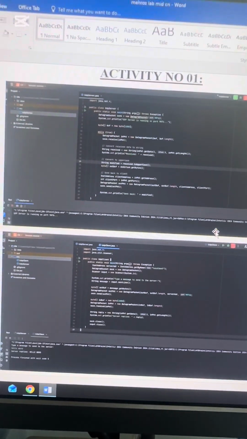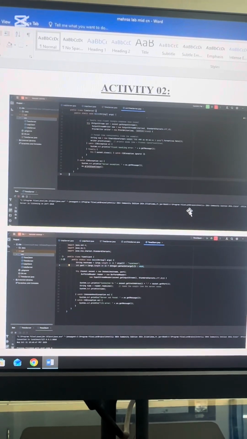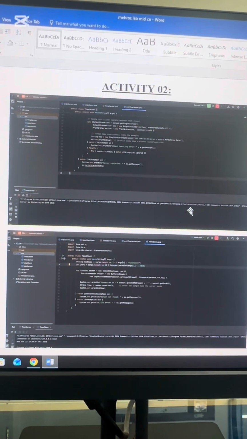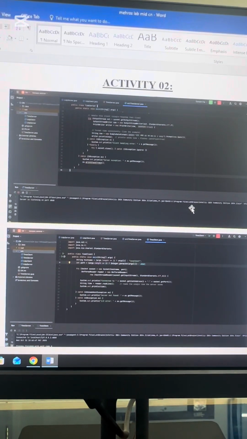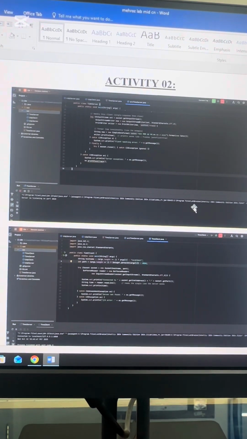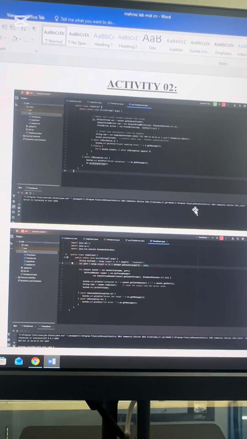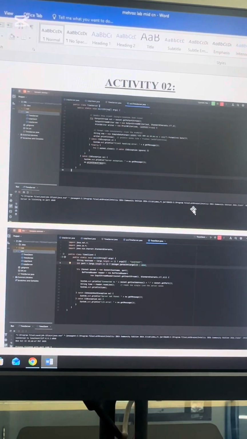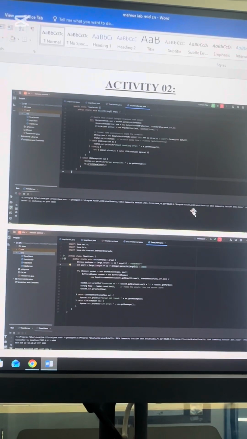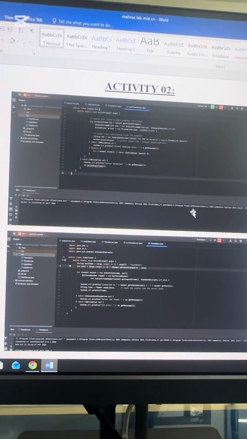version, "HELLO WORLD". Activity 2 introduces the Transmission Control Protocol, which is connection oriented. We developed a time server and a corresponding time client. The single response time server is designed to listen for a connection, handle one client by sending the current date and time in a consistent format, and then close the connection. The time client successfully connects to the server on port 8808 and displays the received time.